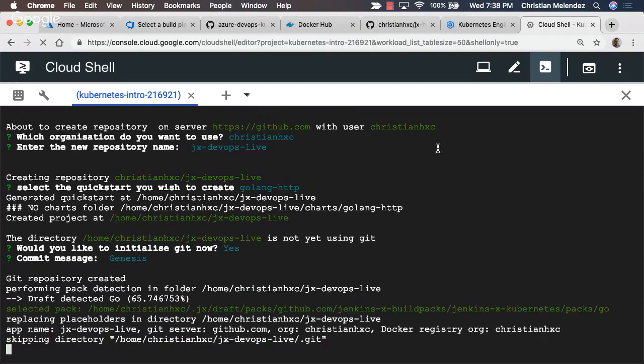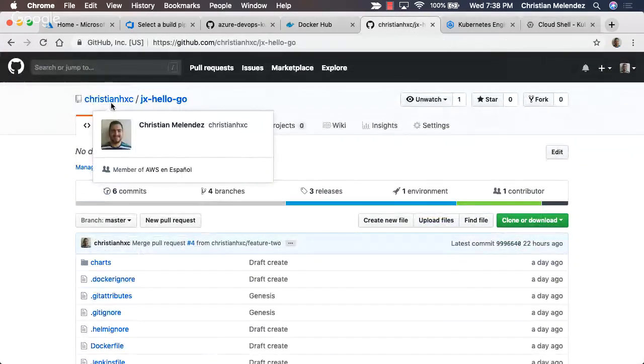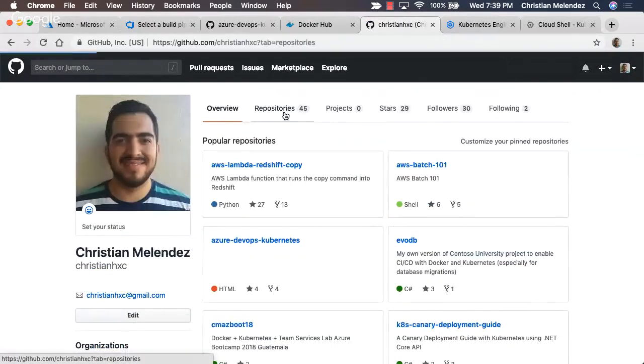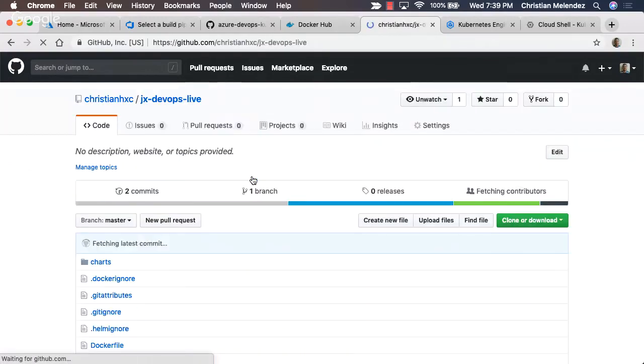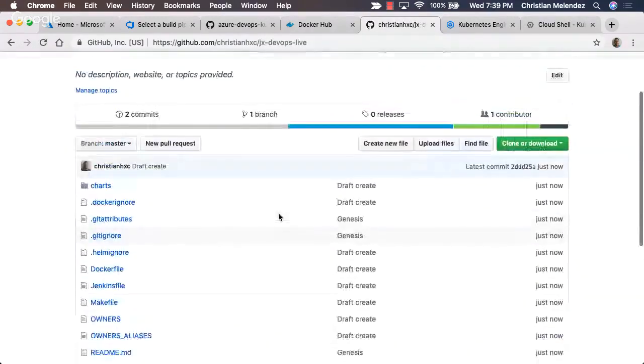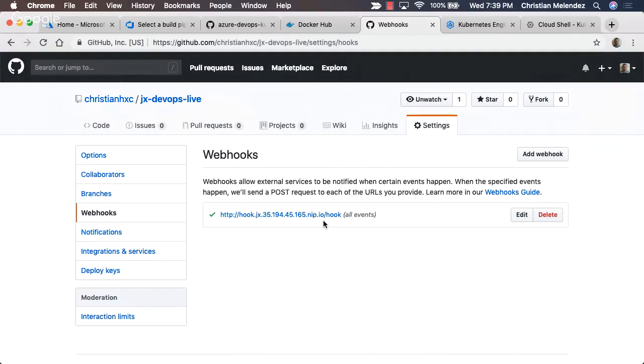Repository created, and it is going to take some time to create everything. But when you go back to your GitHub account, you will see that it already created that repository, Jenkins X DevOps Live. So it was already integrated. If you go to the settings and then to webhooks, you can see that the webhook is already all created for you. You don't have to do anything else here.